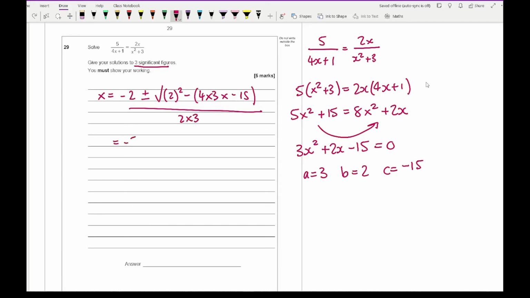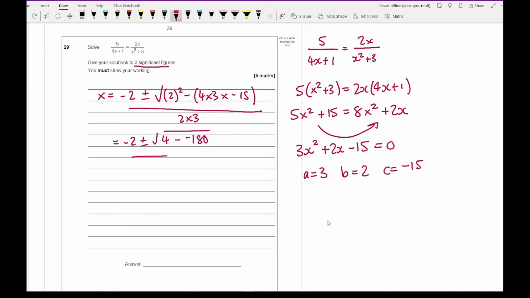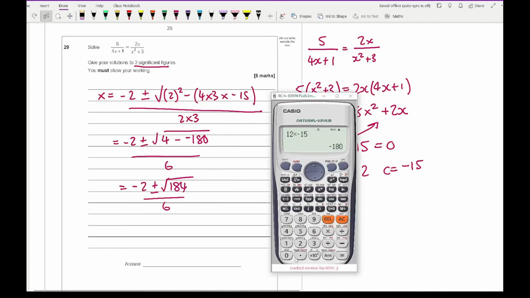Now again, simplifying this using my brain, I get 4 minus, and then 4 times 3, which is 12, times 15. Just check. So 12 times minus 15 equals minus 180, all over 6. So that becomes minus 2 plus minus root 184 over 6. So that's what I want to type into my calculator. So then looking at this, if I type just that, starting off with the minus, I get minus 2 minus root 184,